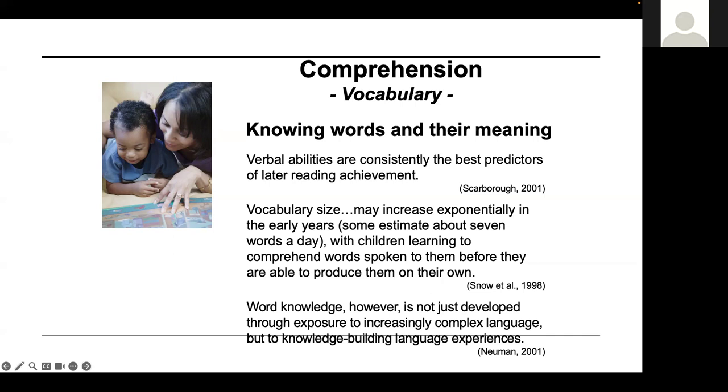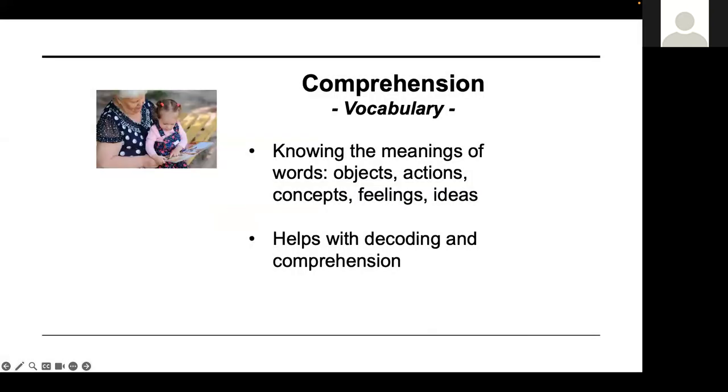And that we know that the more words we expose children to, the more we talk and interact with them, the more we read to them, and that let them hear and play and understand that complex language, the better and stronger their vocabularies will be. And vocabulary is important not only for comprehension, but it's also important for decoding words. It's easier to decode a word or sound out a word that you've heard before than one